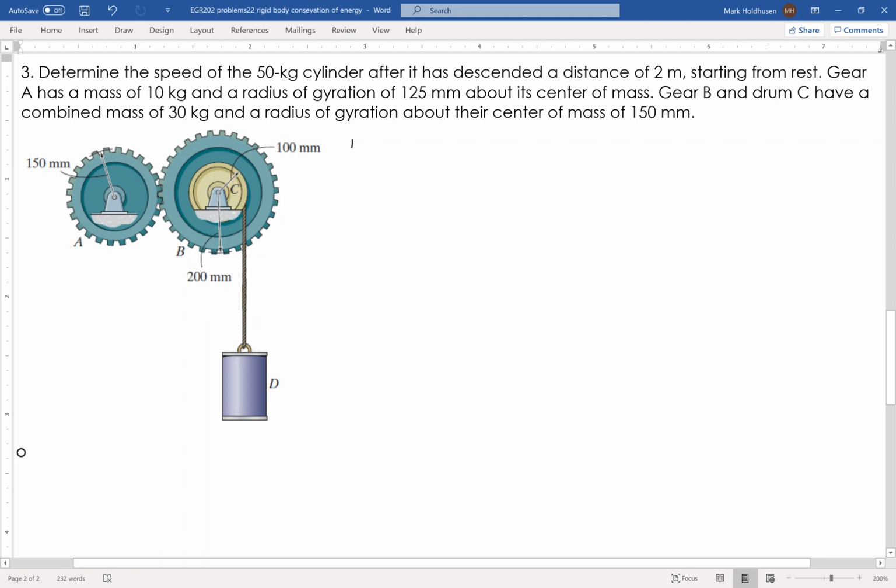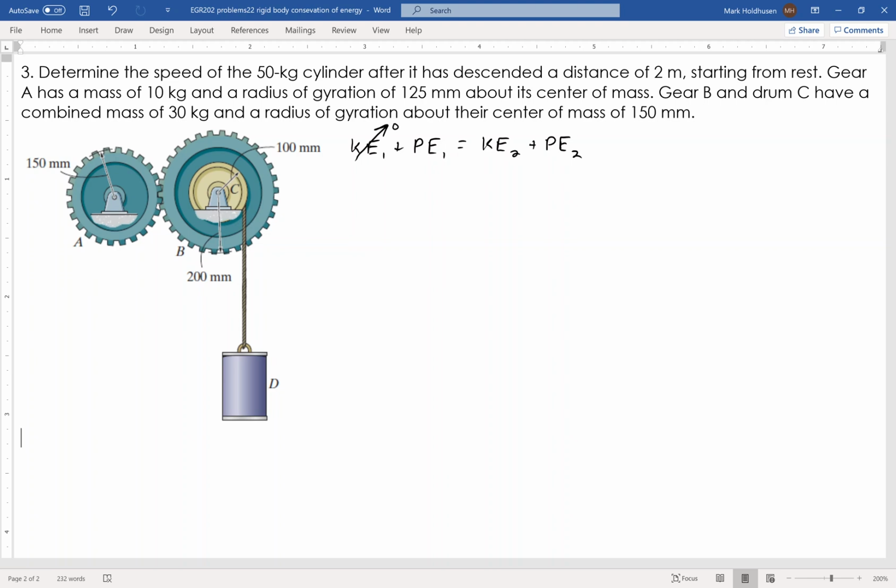We will use KE1 plus PE1 equals KE2 plus PE2. And here's what we're going to do. It starts from rest, so we'll call that 0. And we'll say the final potential is actually 0, so it's going to end at 0. Really the only thing that's happening here is the